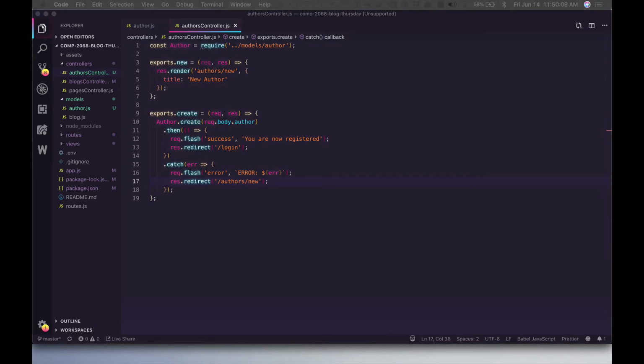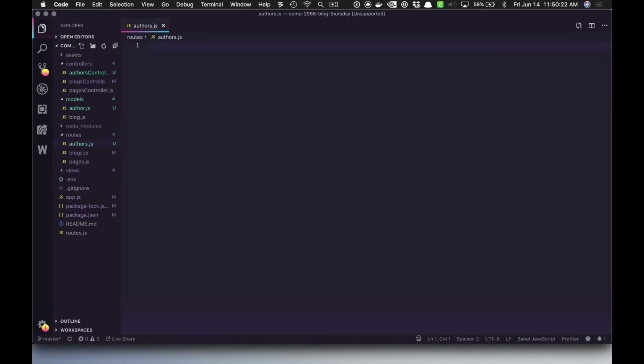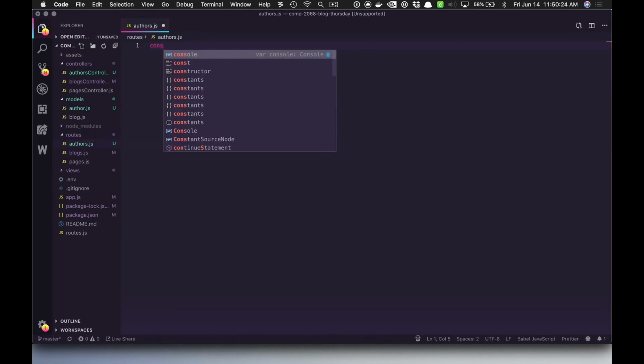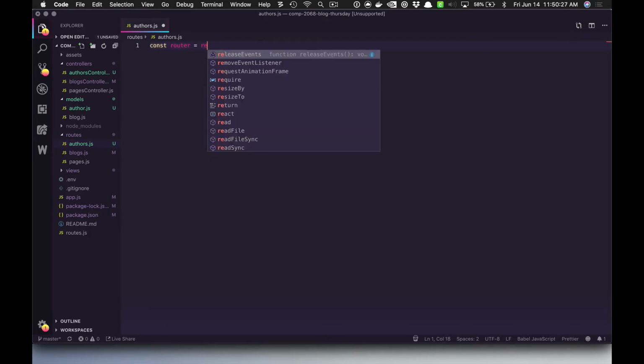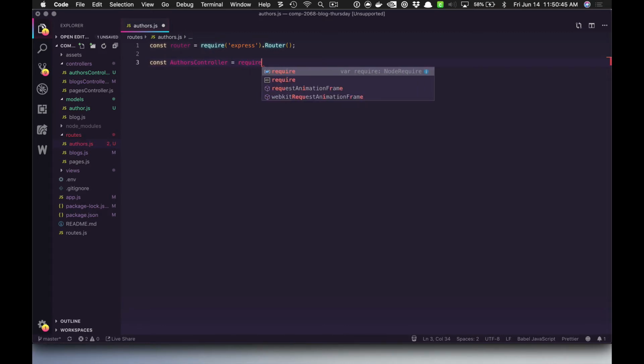Now we need the routes, obviously. So let's create some routes. So I'm going to go to routes. Right-click, new file, authors.js. We need to require the router, so we'll do that. So const router equals require express. This is exactly the same thing we wrote for the blog one, right? So there we go. We've got our router. We should require the actual controller so that we can link up to the controller actions. So there we go. Require